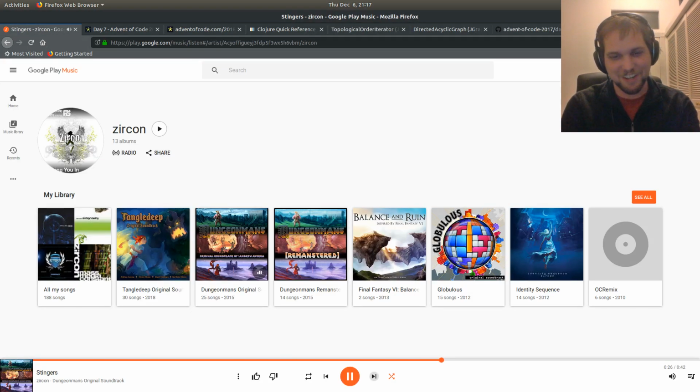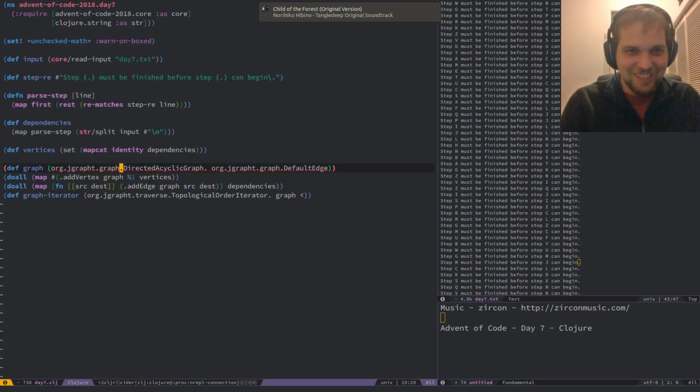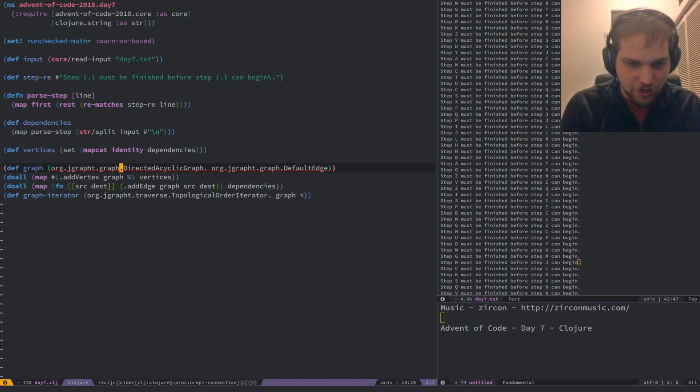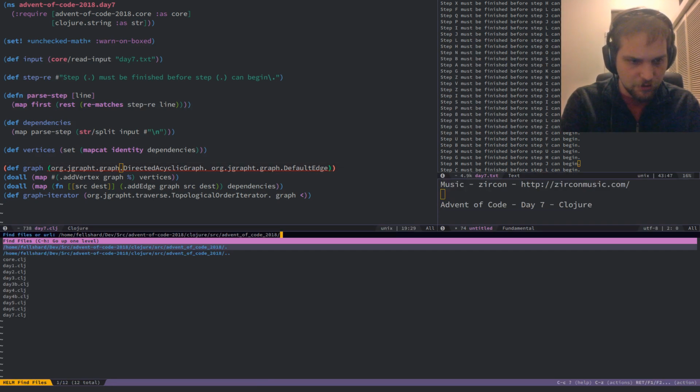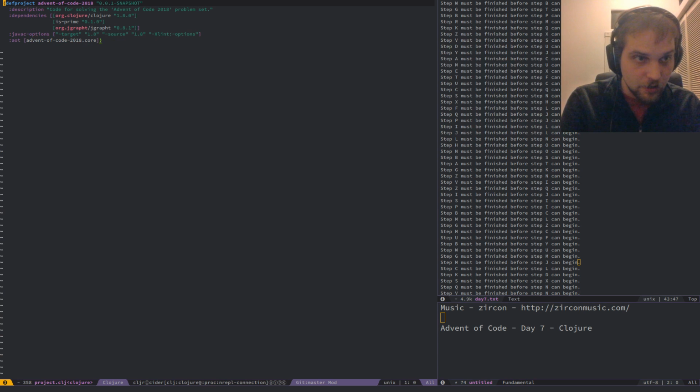Okay, let's try this. Why is it not recognizing it, though? Am I going to have to import something? Did I miss... I see org jgraph-t here.